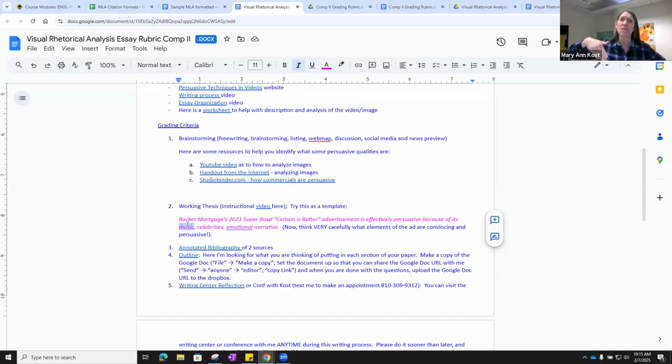In the outlines, I also noticed a lot of people followed my examples of pathos, ethos, and logos, and that's fine and dandy, but right here, the music, that's pathos, emotional narrative, that's pathos, and celebrities is ethos. So you can either name pathos, ethos, or logos in here, but you better have those body paragraphs about pathos, ethos, and logos and examples of them. Or you can just be more specific and say music, celebrities, and emotional narrative. I don't care, because on the outline, I listed all kinds of things: ethos, pathos, logos, and also sob story and music and colors and all that stuff.